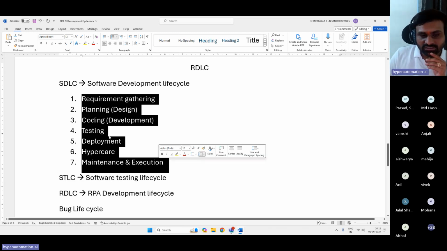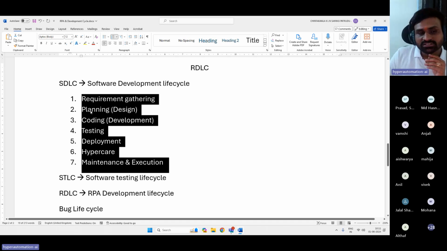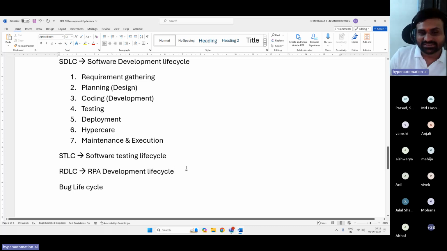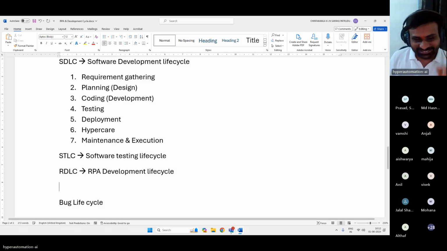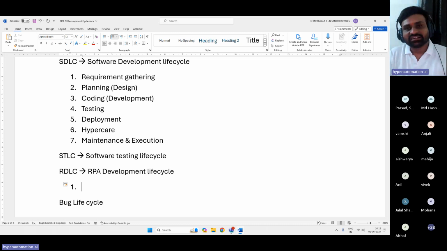See, I'll list out the names of the phases here also, but you will not find much difference between this and that. It will be the same. Only the letters will be changed. That's it. Let us write this. Estimations and everything will fall under your design phase itself, like the planning phase itself. It's not separate, right?